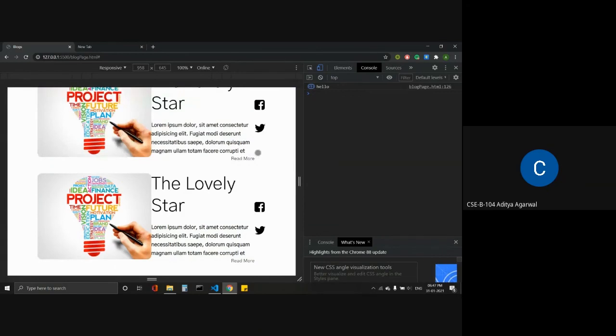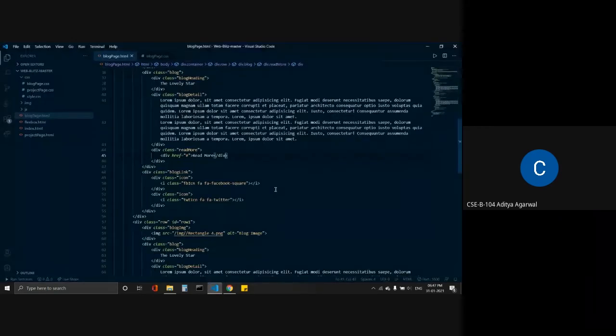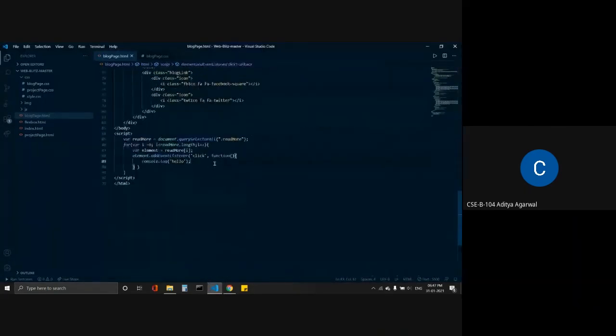I guess now you are capable of styling the pages, so I will not restyle it. I am just focusing on the JavaScript part. After adding an event listener that listens for the click event, the function is console logging hello every time we click the read more element.